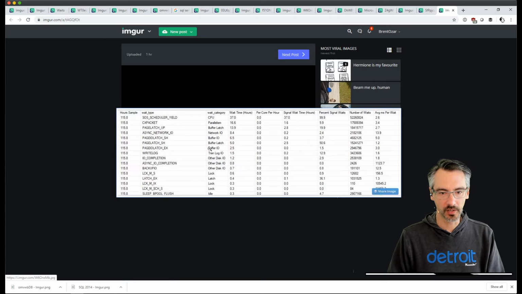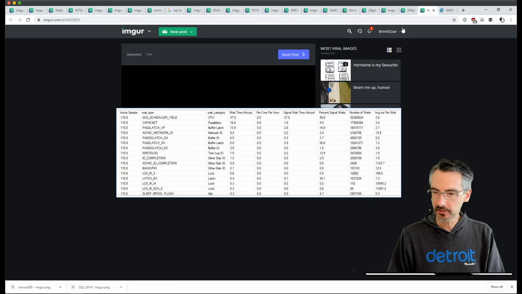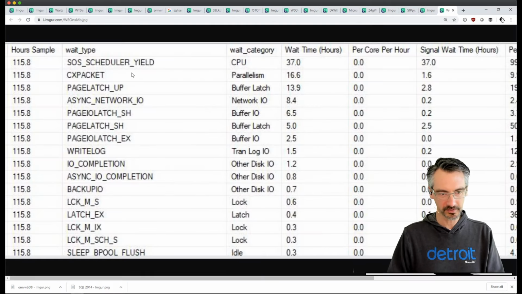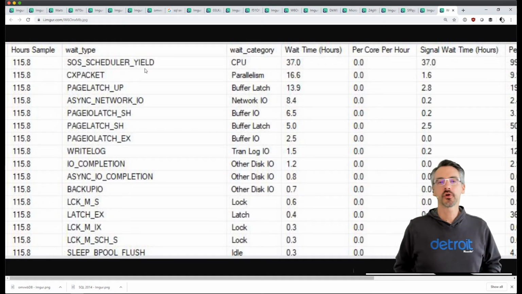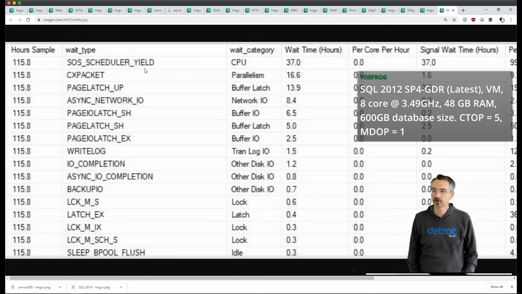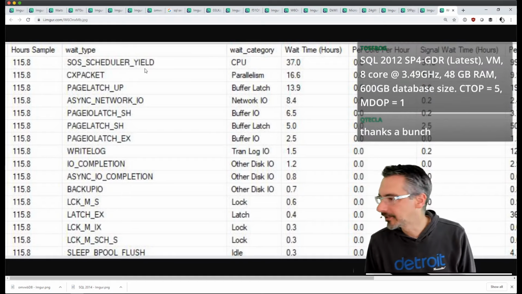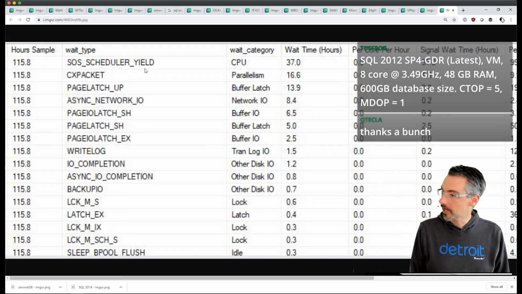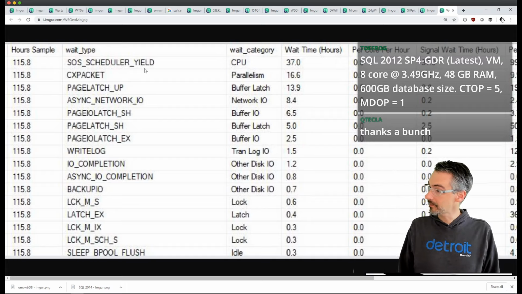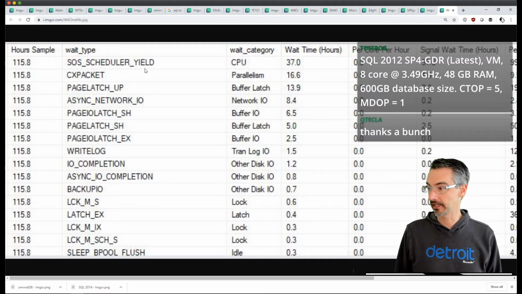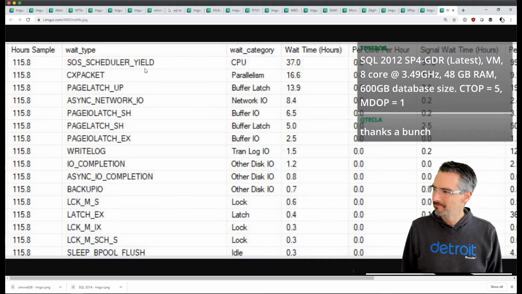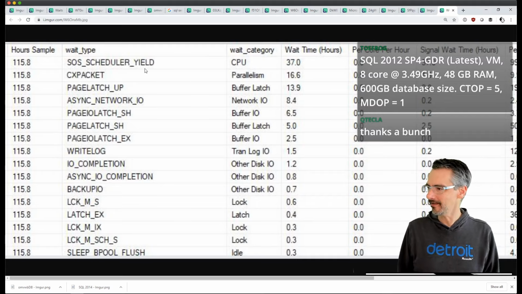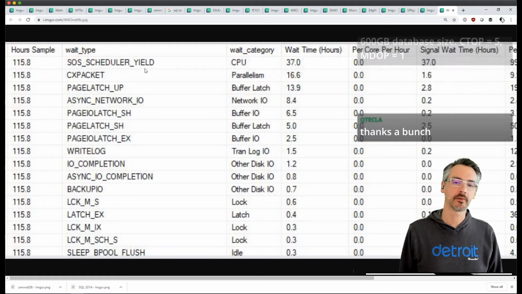So Telefrog's is, oh, okay, so Telefrog, you didn't have anything to be ashamed of. Your server's okay. In yours, you only have like 115 hours' worth of wait stats. 2012, okay, good, you're patched, 8 cores, fast CPUs. You're right up there with my laptop. Not quite as good as my maxed out one. What the hell? Okay, anyway.